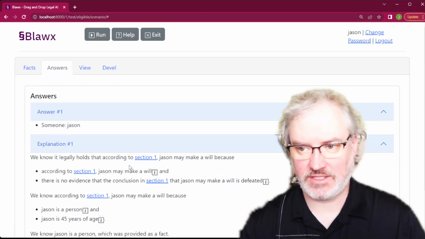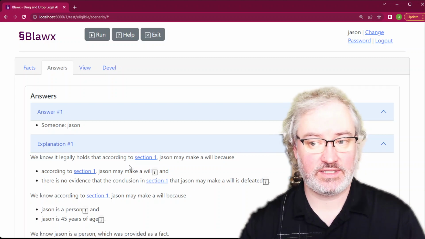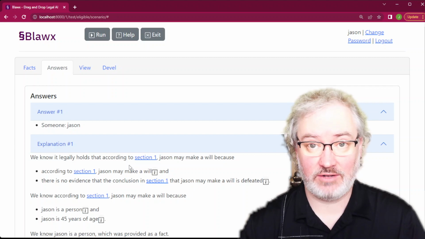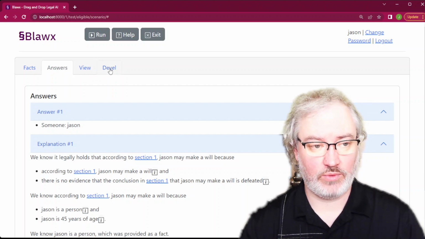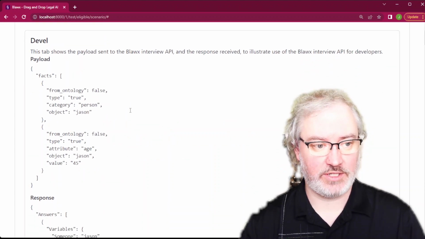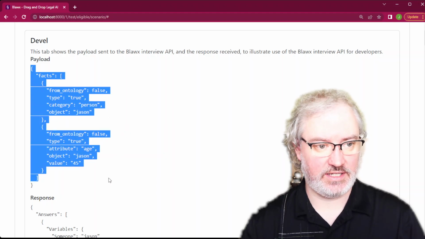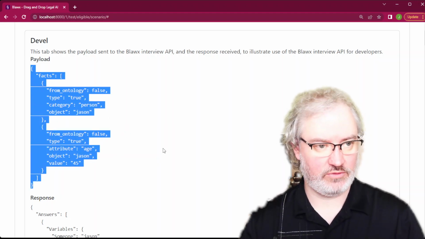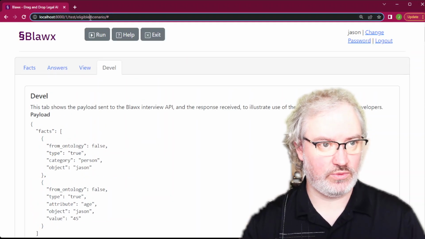So now you've tested your software, you're happy that your encoding works. How do you use this outside of the scenario editor? How do you make this useful elsewhere? Well, the scenario editor is actually just using the web API that Blawx provides, and the Devel tab shows you the information that's being sent back and forth. So you can see this is the facts that were sent, basically just saying Jason is a person and Jason's age is 45. So if we copy these facts that were sent over and we go to the test